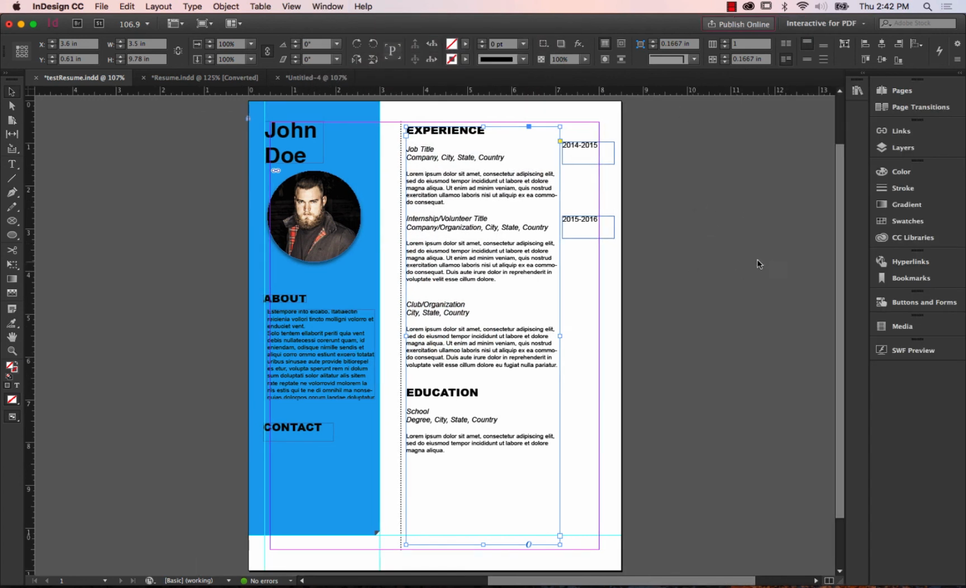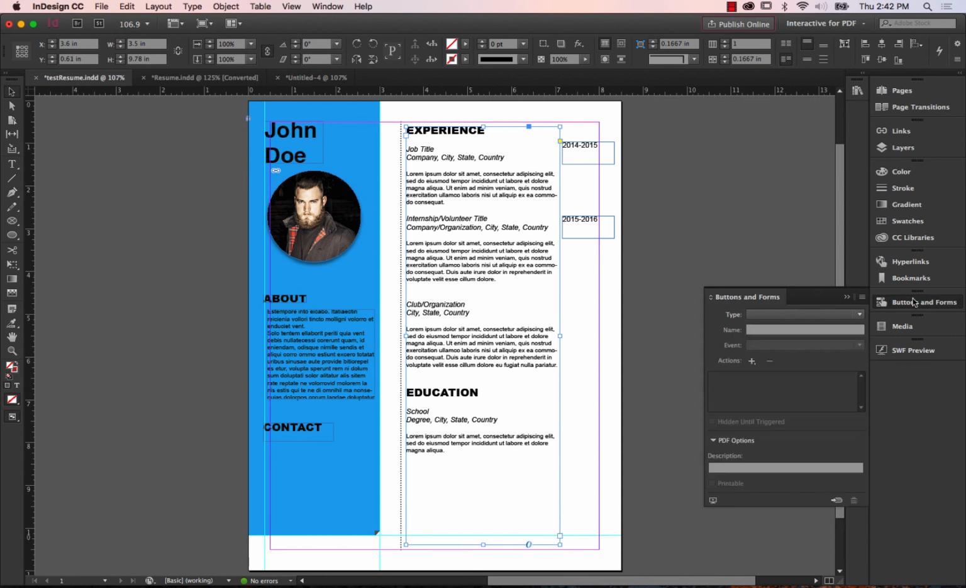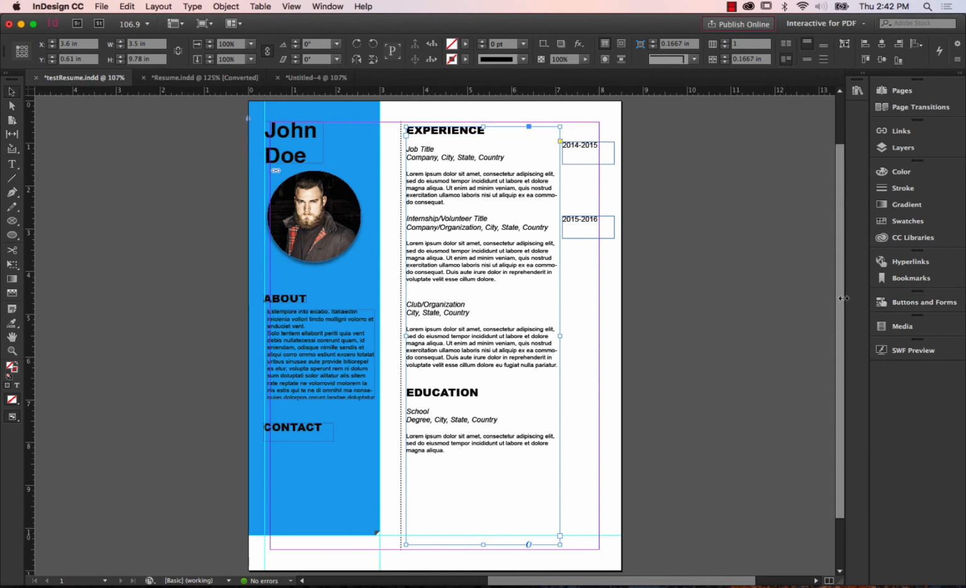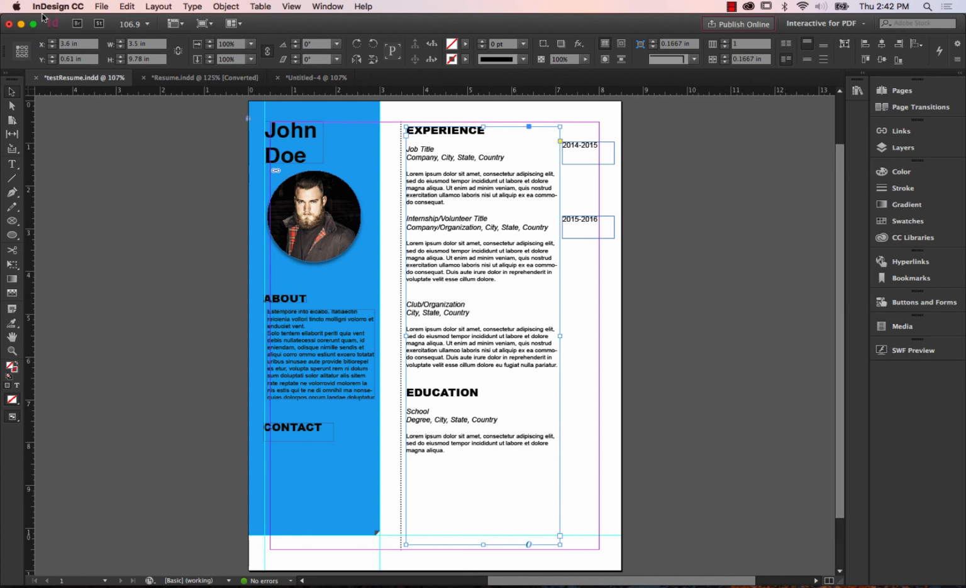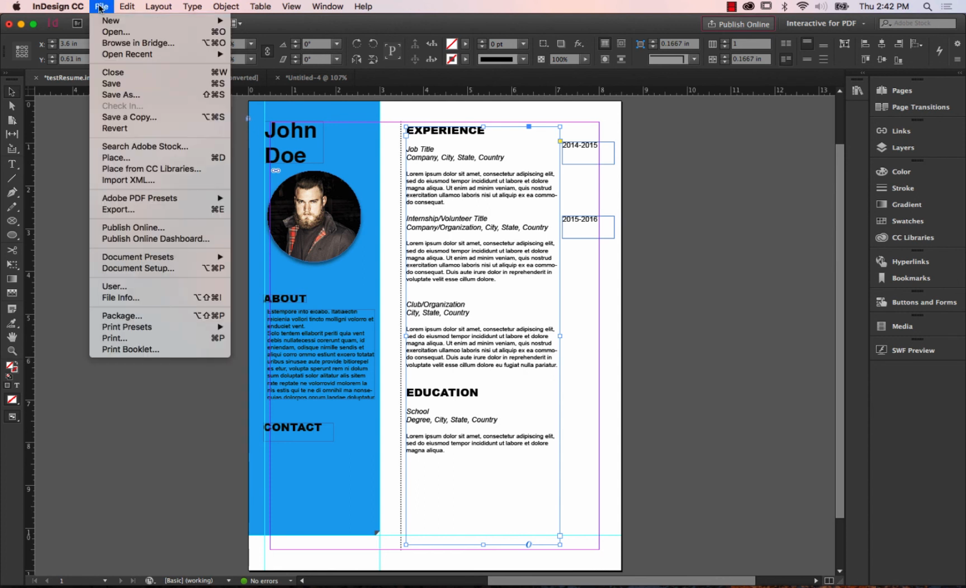This gives me the ability to create buttons and forms. So if you wanted to have a button on your resume that clicks and opens or plays something, you can have that as well. Let's say you want it to go to a specific part of an animation or a movie, you can set up those actions here. You can also create a controller or navigational points in there when you're working with media, and then when you export this,